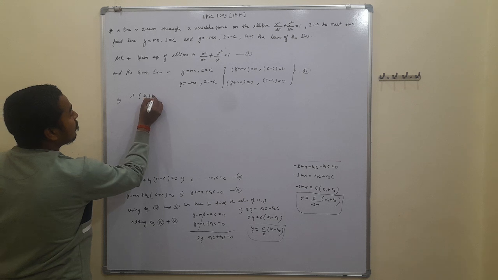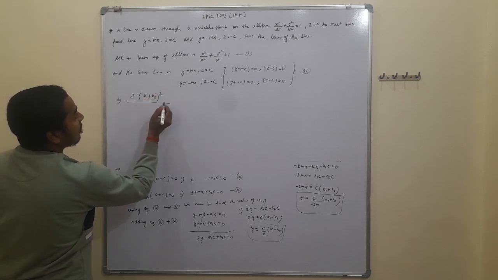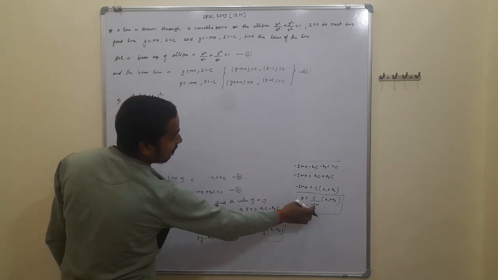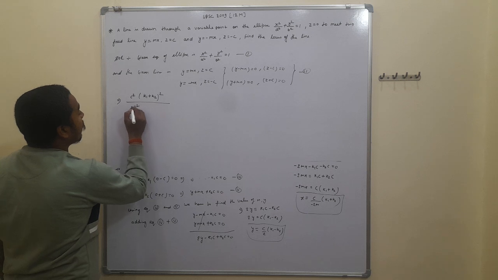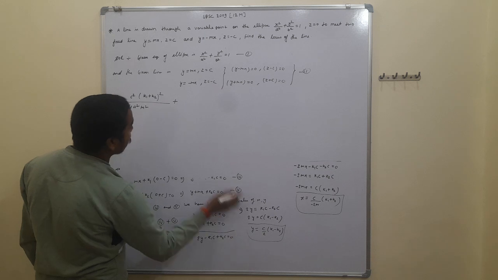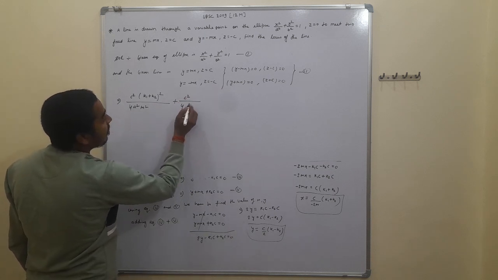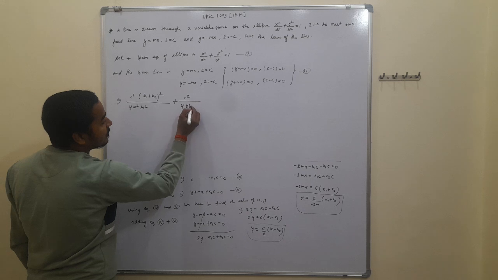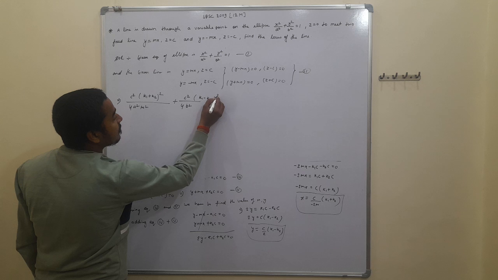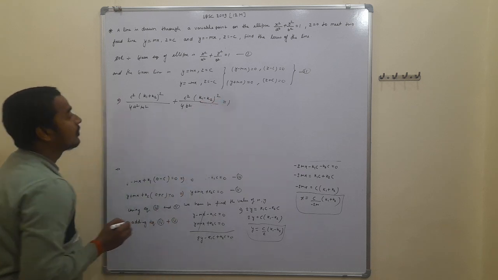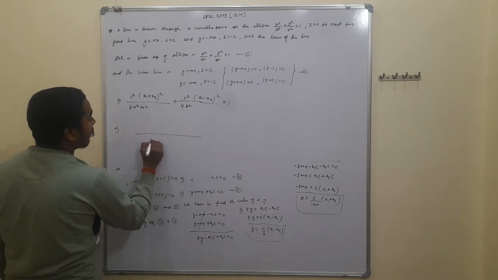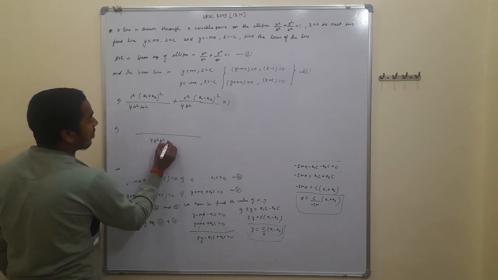k1 plus k2 whole square upon, here a square is already present, and c upon 2m, that is on squaring, 4m square, plus in place of y we have to put c by 2, that is c square upon 4, and b square in the denominator is present, that is b square into k1 minus k2 whole square is equal to 1. Further we have to take LCM, that is taking LCM is 4a square b square and m square.